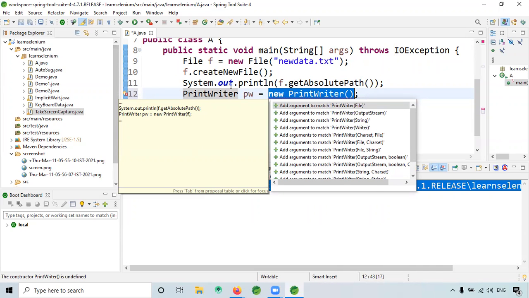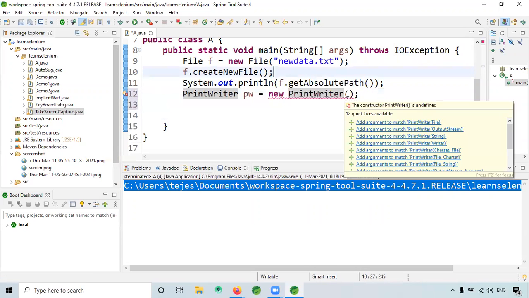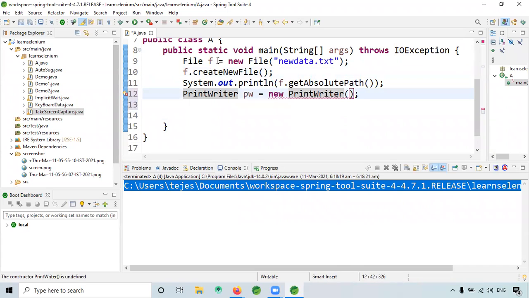In PrintWriter, you need to specify the file name in the brackets. You asked me what is the use of the constructor, right? This is kind of an object I'm creating, a parameterized one, so I'm passing the file here.